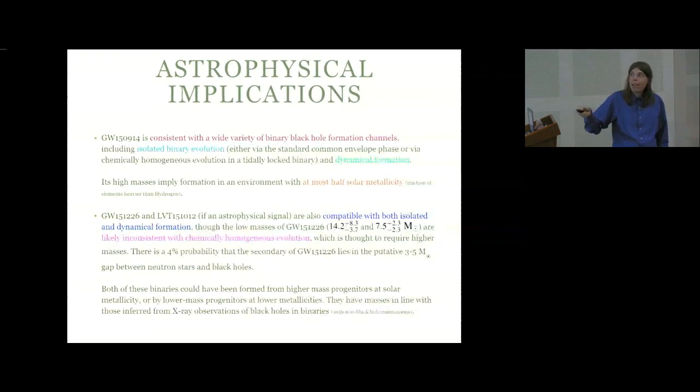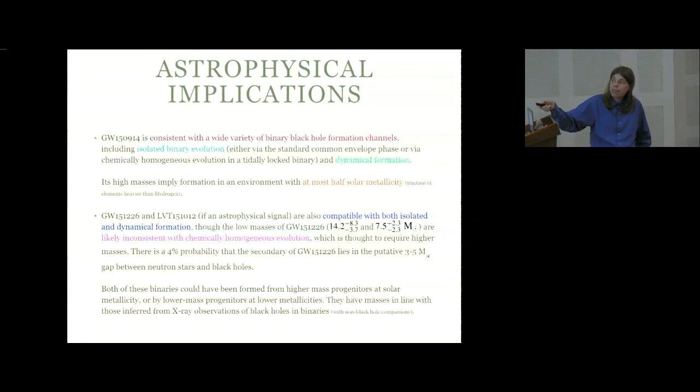where there's about half the solar metallicity, elements heavier than hydrogen in the stars' composition, so you don't lose lots of mass from your stars due to the winds. But this is easy enough done. Looking farther back in the universe, the metallicity is easily below half as low. And then finally,